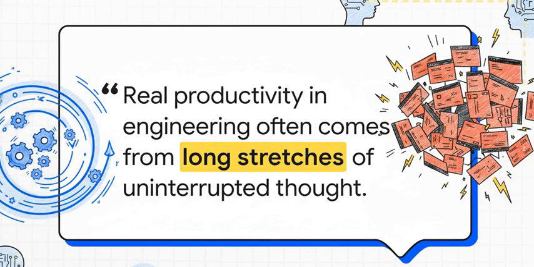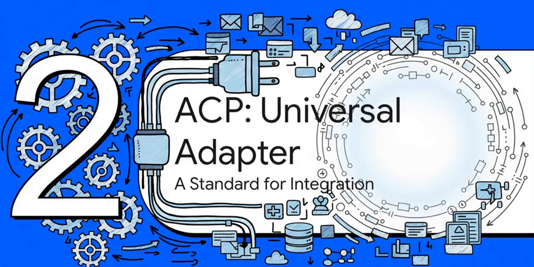And that constant switching, it is an absolute killer for achieving what this quote describes so perfectly. Real productivity, that deep flow state, doesn't come from frantic multitasking. It comes from long stretches of focus. And every single time you switch a window, that delicate state of mind just shatters, and you have to fight to get it back. So, how do we fix this mess?